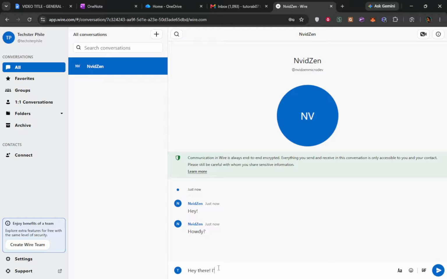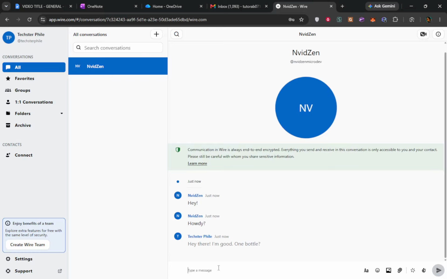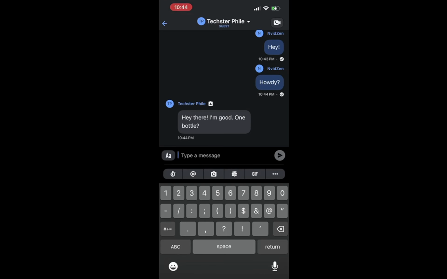Next up, if you want to share photos, videos, or files, look for the attachment icon. Tapping this icon will open your device's gallery or file storage. You can then select the content you want to send. This feature is valuable for sharing experiences or important documents. After you choose the right file, it will appear in the message box, just like your text messages. This ensures that whatever you send is shared seamlessly and securely.